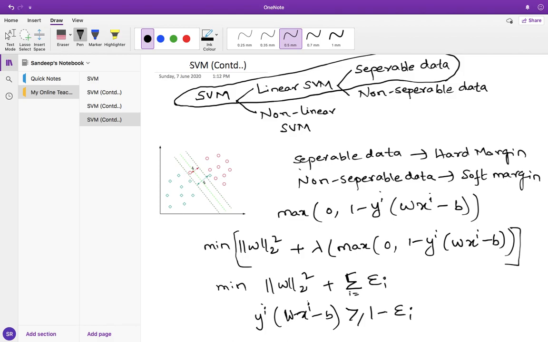I goes over the number of points. For example, epsilon is 0 for the points which strictly satisfy the property and fall into the right category. Only for the data points which are outliers will we have some epsilon i, and thereby we'll have a soft margin to choose. So this is how we'll incorporate the soft margin. Let us see how this can be completely solved, or how this can be implemented.